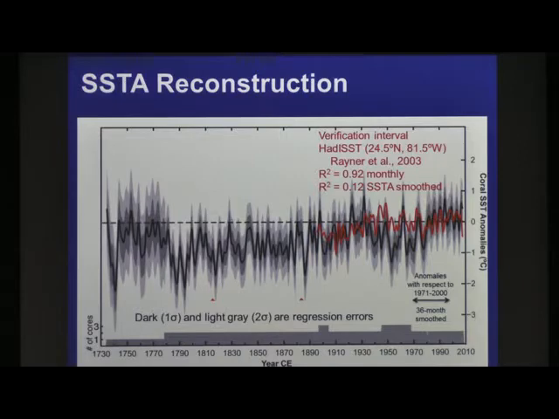Okay, so now we move on to the full reconstruction. The way I've plotted this, again, it's looking at strontium calcium temperature anomalies. So I've removed the seasonal cycle and I've smoothed that over 36 months. Here are the shaded areas. There's a light gray and a dark gray. This represents my regression errors that I calculated in the calibration interval. So this tells me how confident I am in the reconstruction. These regression errors are based on the number of cores, similar to what they do with tree ring reconstructions. So where I have 2 cores or 3 cores, I have smaller errors. Where I have a single core, I have larger error bars. So here I have less confidence in this interval.